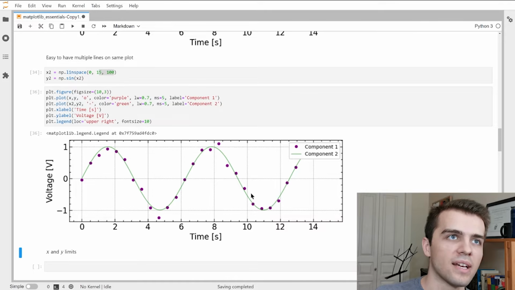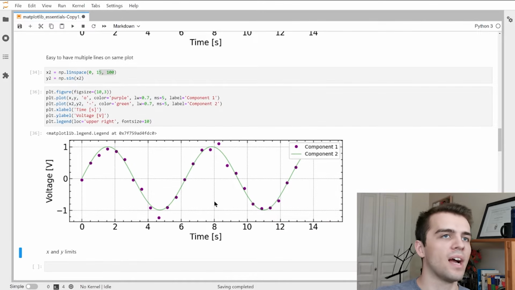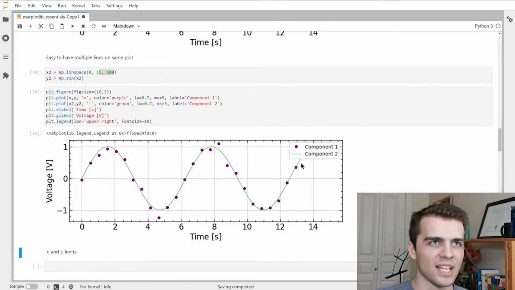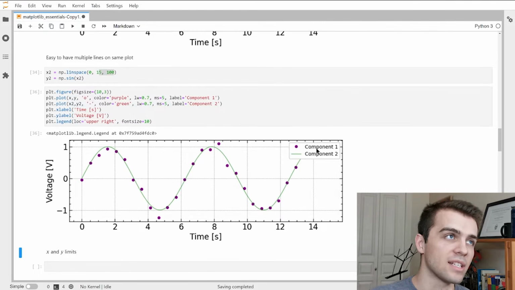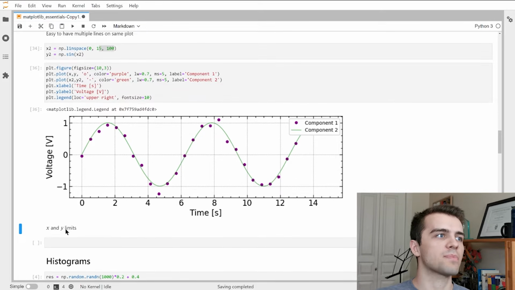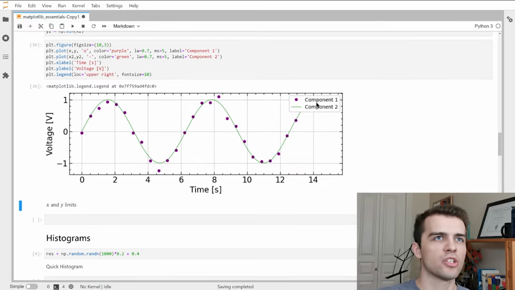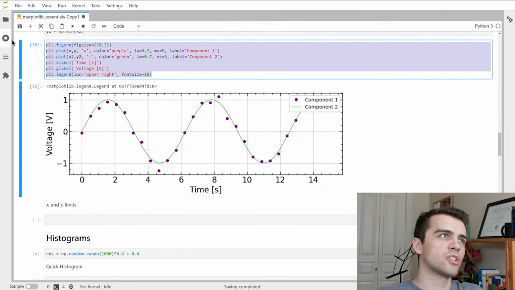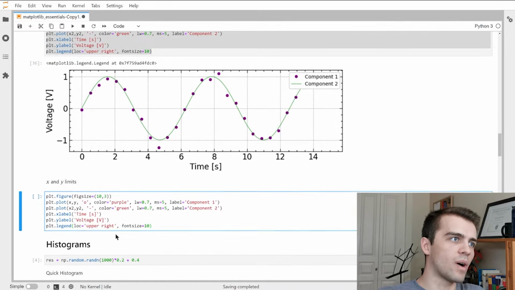So you can see already that there's quite a bit going on here. Now, you'll note that the legend is kind of taking up some of the plot, and there's many ways to deal with this. One way is by adjusting the x and y limits. So maybe I still want this in the upper right-hand corner, but I need more space. So I can go like this, and if I adjust the y limit,